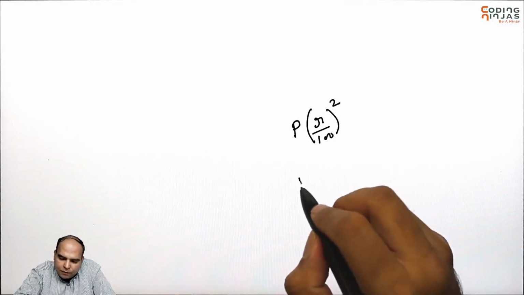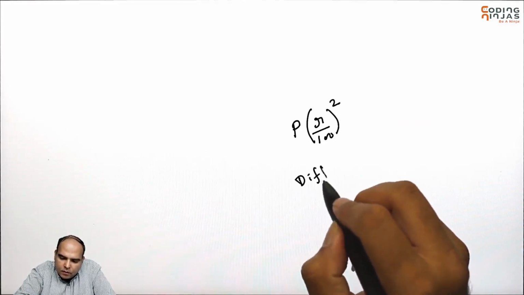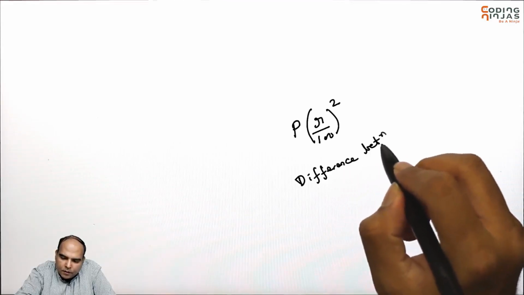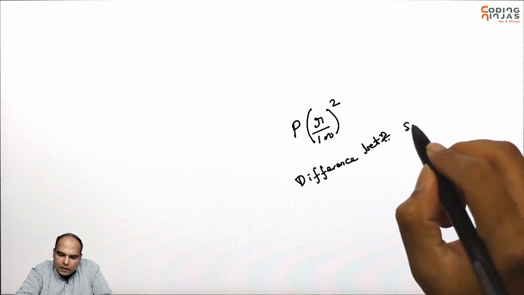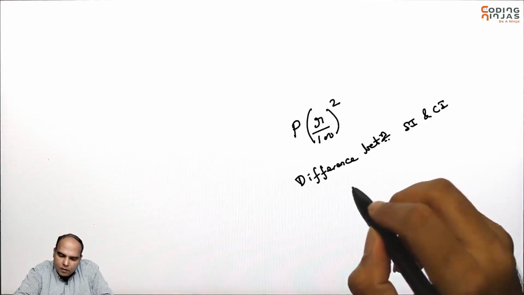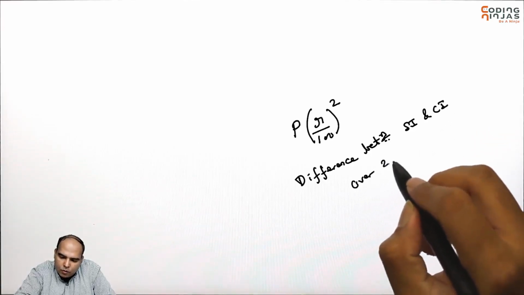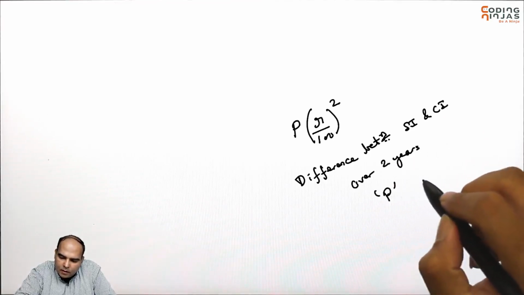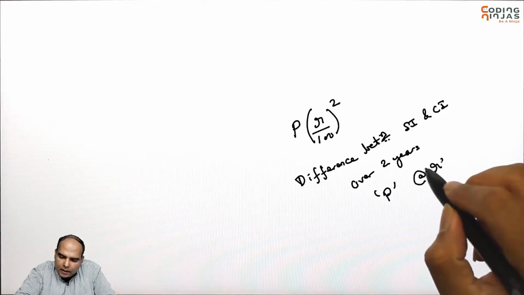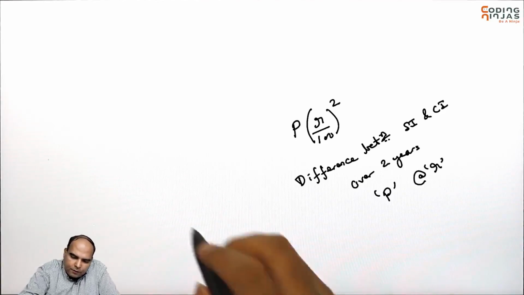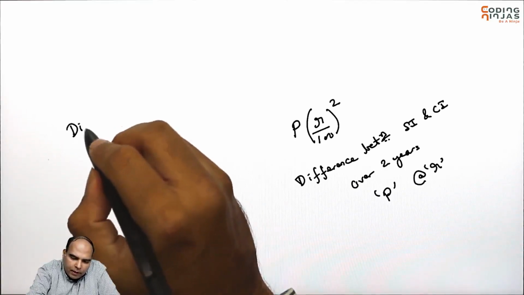This gives you the difference between SI and CI over 2 years for a principal P at a rate R. So in this question, the difference between SI and CI,